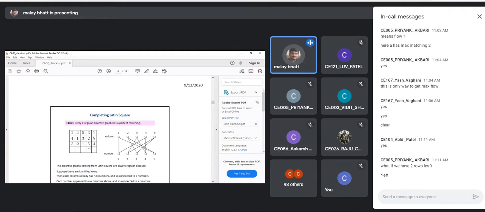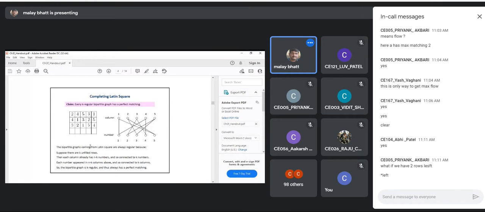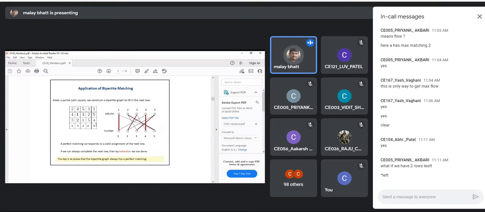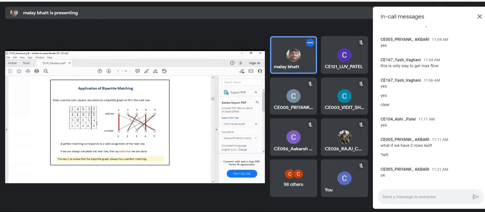And we are able to fill this row. Right? This is what we have done. Then again, for the last one, when only one row is left, no need to construct it, because it is only one k-regular bipartite graph. It is one regular bipartite graph, so no need to construct the thing. You can directly put the remaining number.